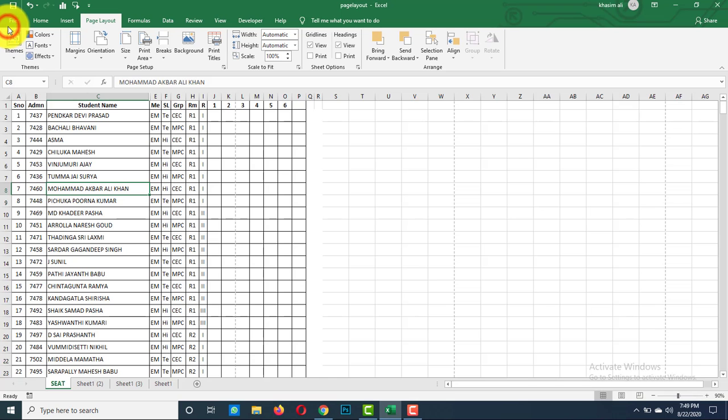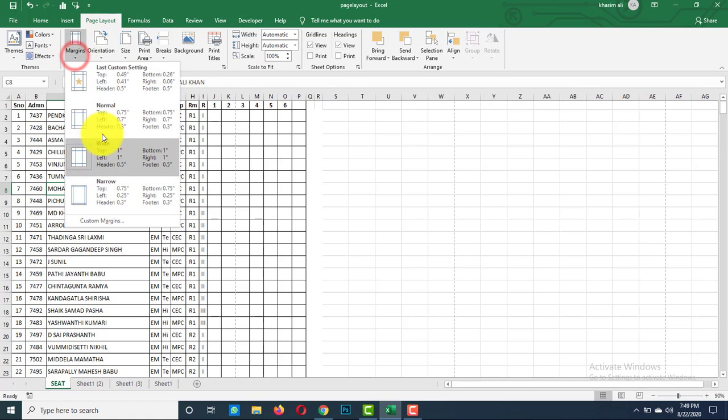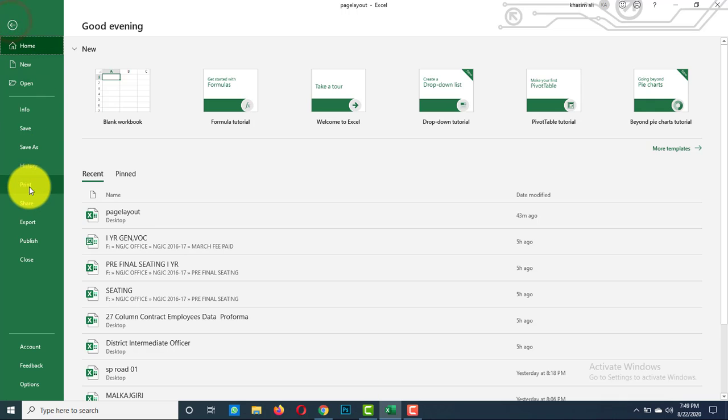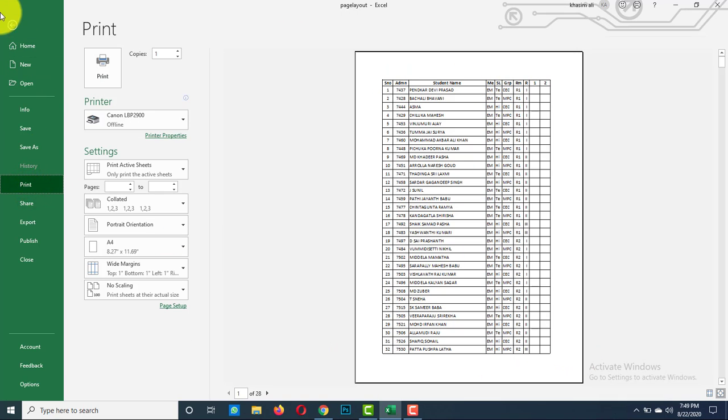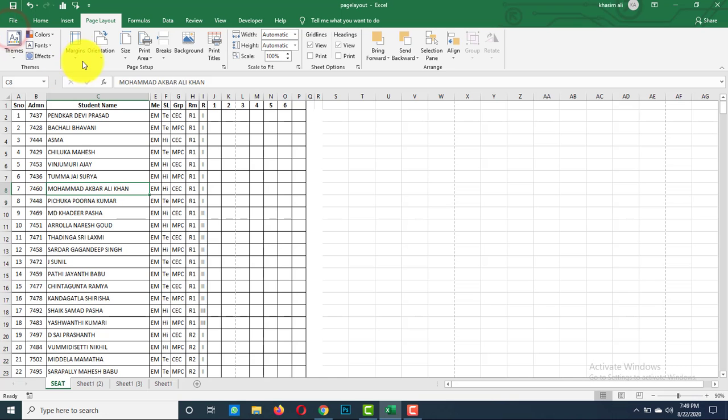Further, to access the page margin, go to page layout tab. Under that you have page margin options. From here you can select your page margin based on your requirement. At present you have top, bottom, left and right 1 inch margin. If you have 1 inch margin, the document prints like this. If you change the margins, we will see what happens.